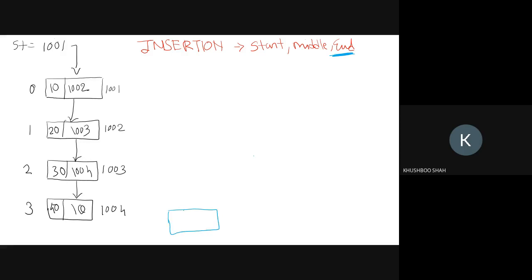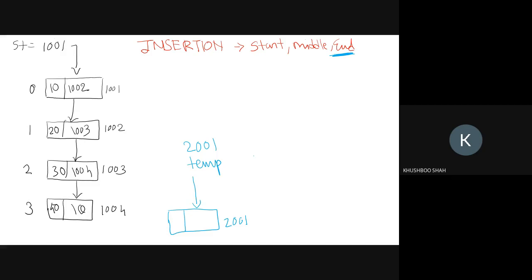I have created one node. Let's say this is my node. See this carefully, guys. I have created the node, and let's say the address of this node is 2001, and here I have the temp. Let's say this is my temp, and this temp contains 2001, so it will point to this.